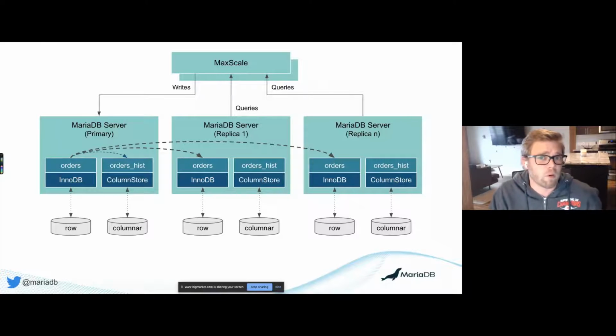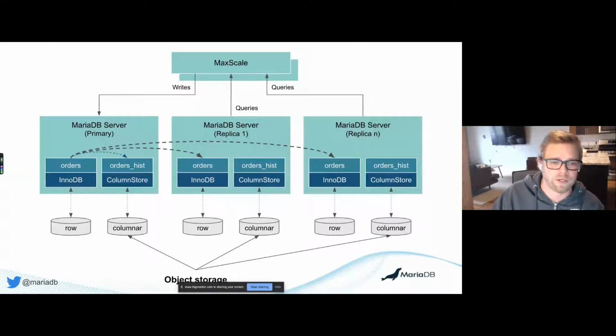So as I mentioned before, ColumnStore is actually a distributed columnar database or distributed columnar storage engine. And so everything is really stored in a distributed manner. So there's one instance of that storage rather than exact copies within each of the replicas. And that's important because it allows us to take advantage of something called object storage. While traditionally row-based information is stored in something called block storage, which is super fast, but can also be really